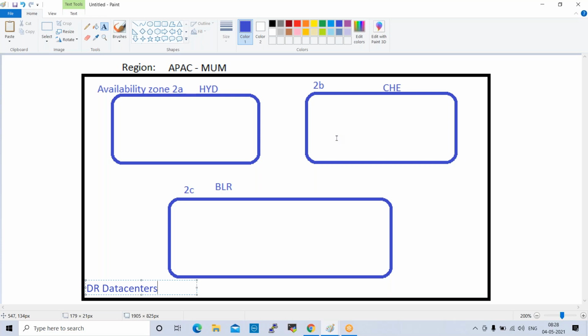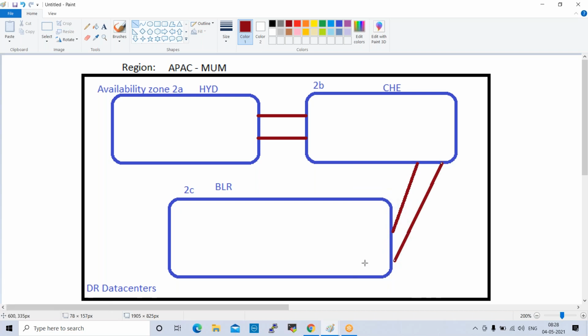To avoid that, we have different availability zones in the region. So with these DR data centers, what will happen? Every 2 minutes, the data will be shipped and synchronized with another availability zone.